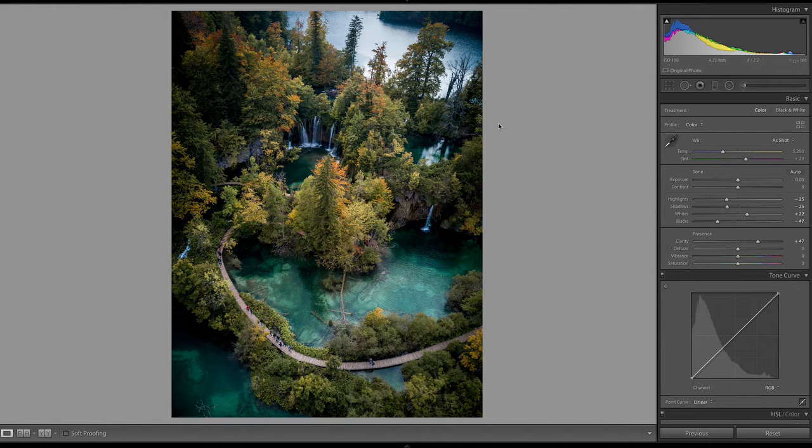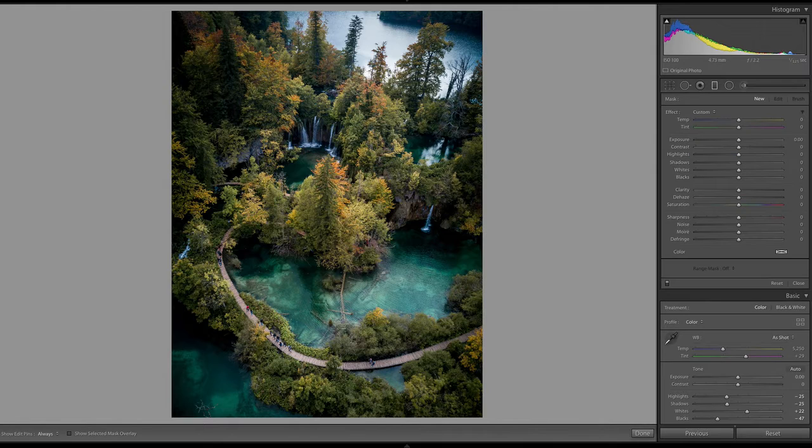But in this photo where everything is basically about the same distance away from the camera, you can't really get that shallow depth of field and have that effect. What we can do is add some sort of tilt shift effect. Now I'm going to do that with the graduated filter.